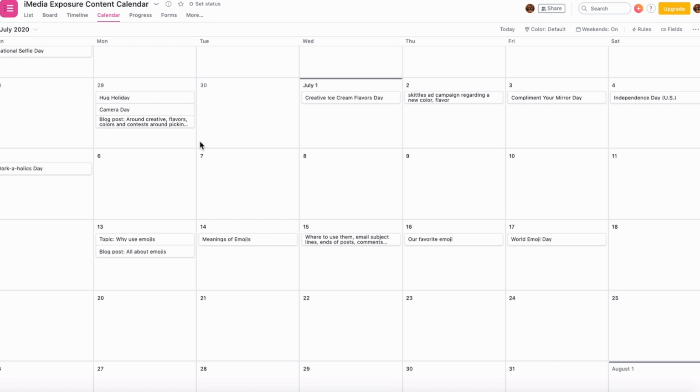So when you're thinking about that, you want to think about what is the blog post that you're going to do for the week? How can you disseminate that information into different things? How are you going to use them in your stories? How are you going to use them on your feed? And how you're going to engage and who you're going to engage with.